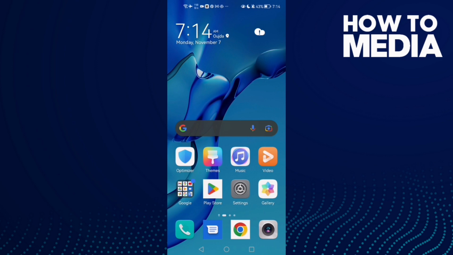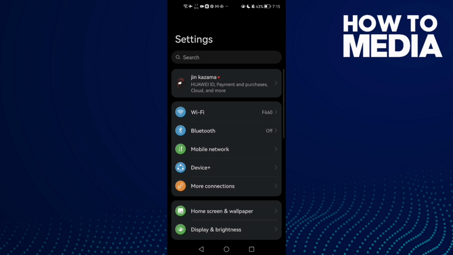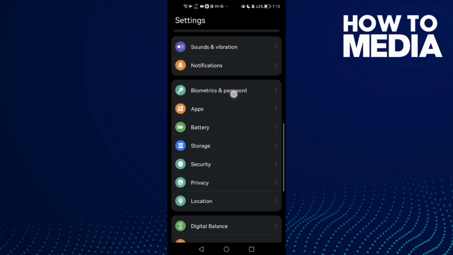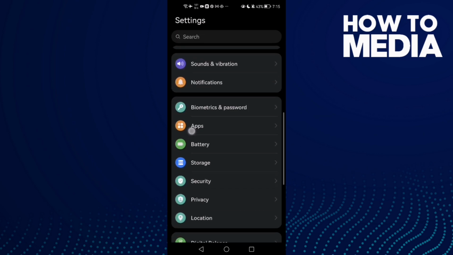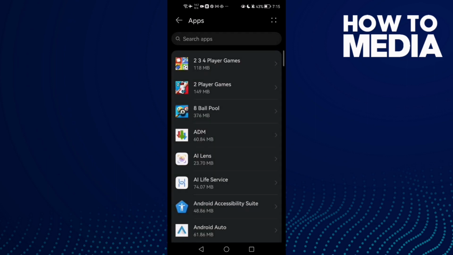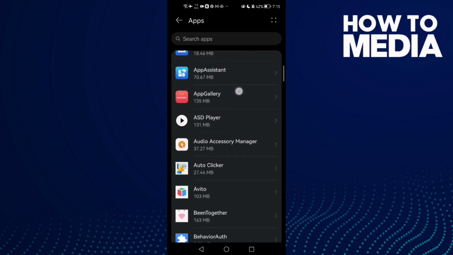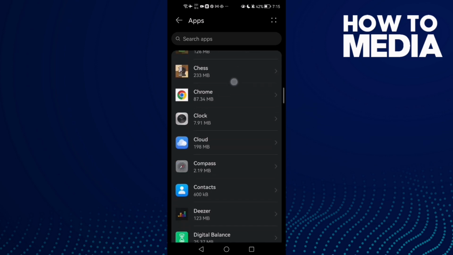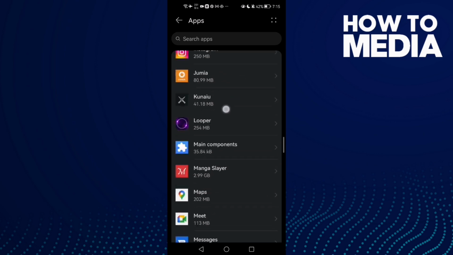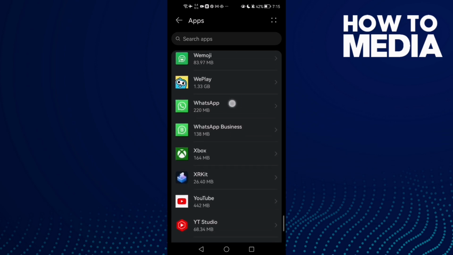First, go to settings and then scroll down until you find here apps, and now click apps again, and here just scroll until you find this one here, WhatsApp. Click on it,